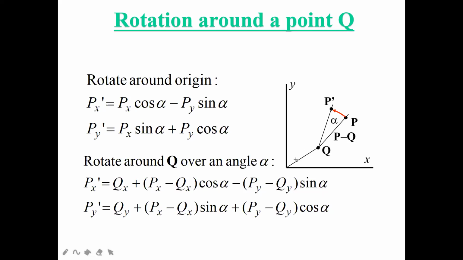There is an extra distance, because I have calculated from here to here, but I have not calculated from the original point to the p dash. So this q dash qx value I should also add over here. That is the reason I have added qx here. Similarly, for p dash y, the y coordinate value of your q has to be added to the rotational value, (px minus qx) into sine alpha plus (py minus qy) into cos alpha. Please note down all these things.